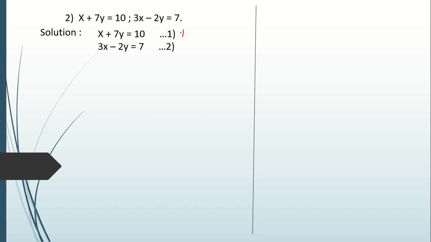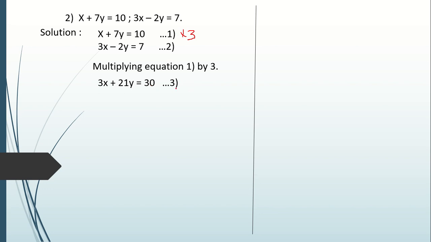So if I multiply here by 3, I will get 3x, right? Then 3x I can subtract and it will get cancelled. So I will say multiplying equation number 1 by 3. When I multiply equation number 1 by 3, I will get 3x plus 3 7s are 21y is equal to 30. So this is my equation number 3.